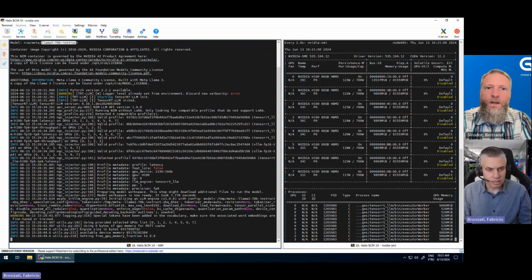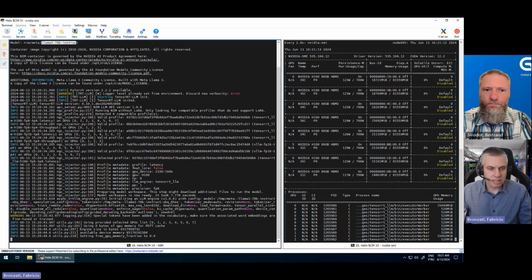It downloads all the files if I don't have them locally. To be faster, I already downloaded the files, so it runs at a faster pace.